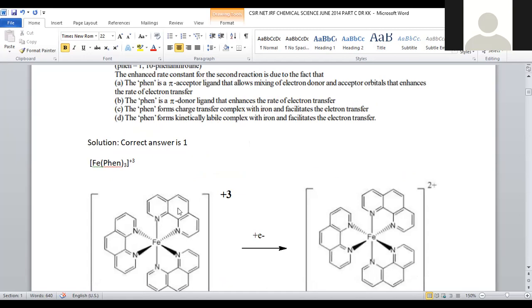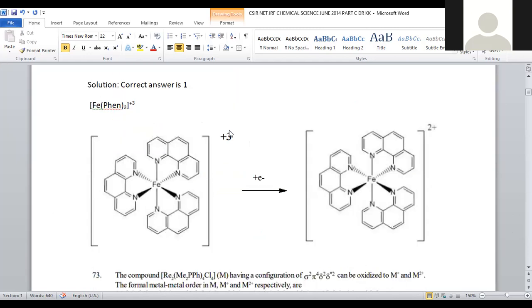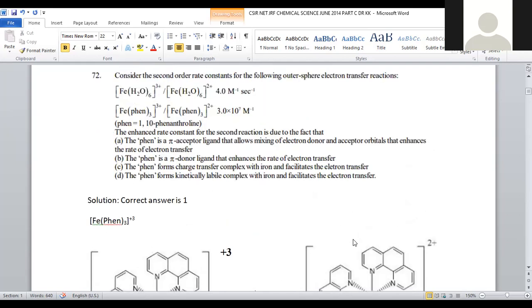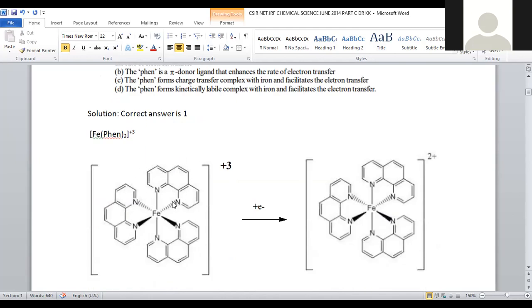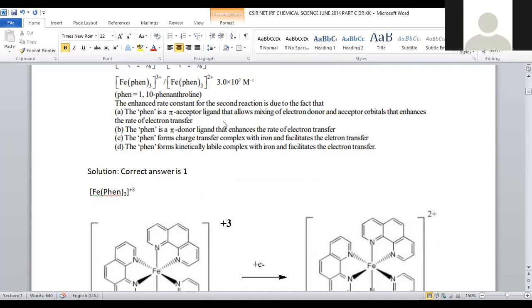This is purely explained based on, first let us see the external transfer of electrons. Initially we have phenanthroline Fe plus 3 and Fe plus 2 got generated. How could it be? By the gaining of 1 electron. Plus 3, by accepting an electron, is converted into the plus 2 state. So this outer sphere mechanism is mainly possible when phenanthroline is a pi acceptor. Phenanthroline is a sigma donor and a pi acceptor ligand, which allows the mixing of electron donor and acceptor ligands and enhances the rate of the electron transfer. What is the actual reason? Pi acceptor nature is there. Back bonding is possible in case of this one.